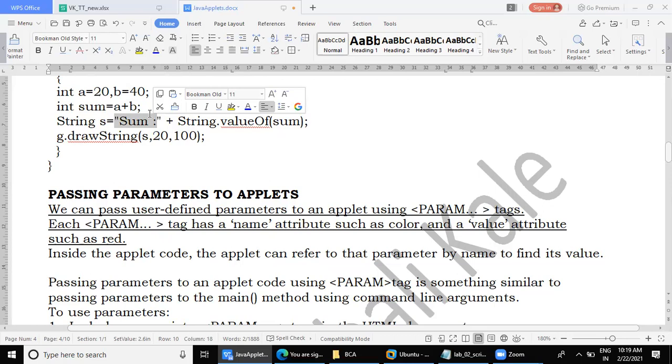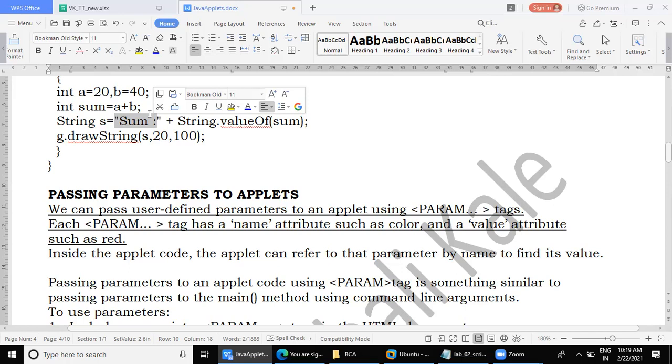But that doesn't happen in applet. In applet, by default, whatever input you accept from the user will be in the form of string. Whatever you display, because you're displaying through which method? Which method you are using to display? Inside paint, which specific method you use? Draw string. The name itself says what should be the data type required?